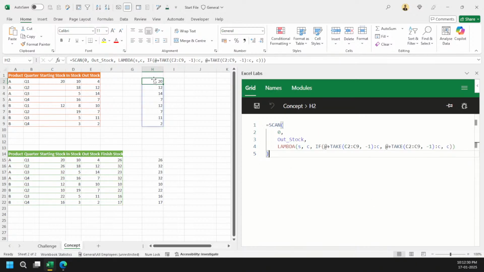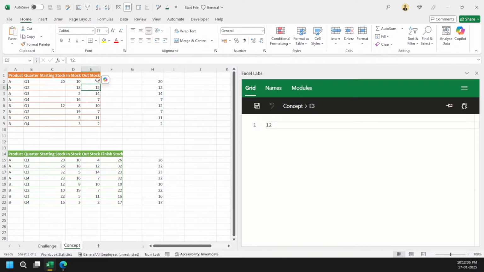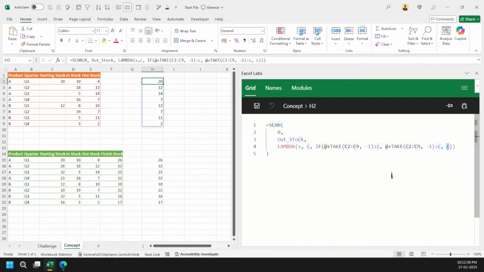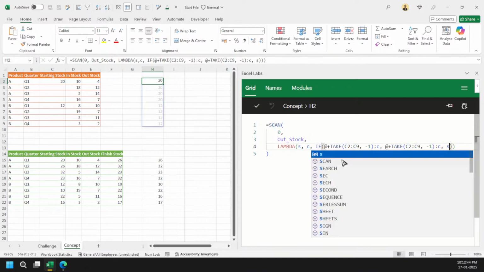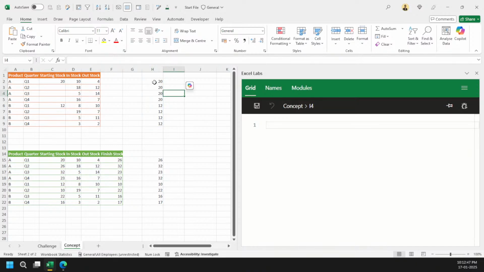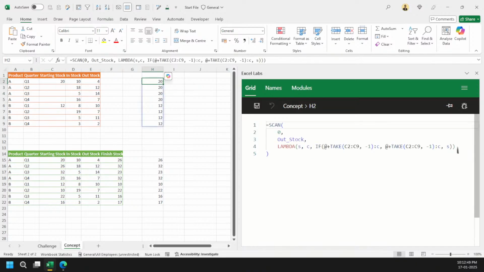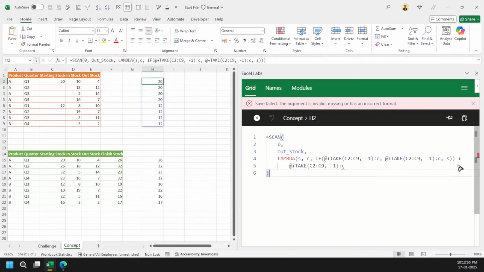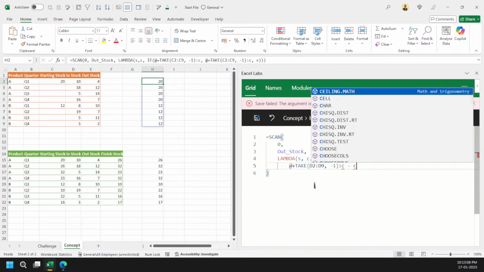Yeah. So now it is working perfectly fine here. 20, and then I am grabbing this value here, C. And actually it won't be C here. Yeah, it will be my S value here. So that was the confusing part here. So now you can see that I'm grabbing my opening balances here and then simply coming here and adding my values there. Okay, one second here. It will come as D2 to D9 to C, and then simply minusing my current value here.